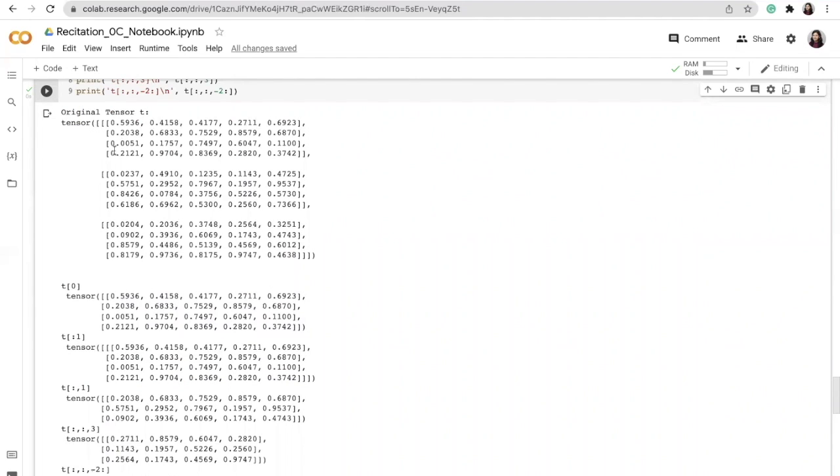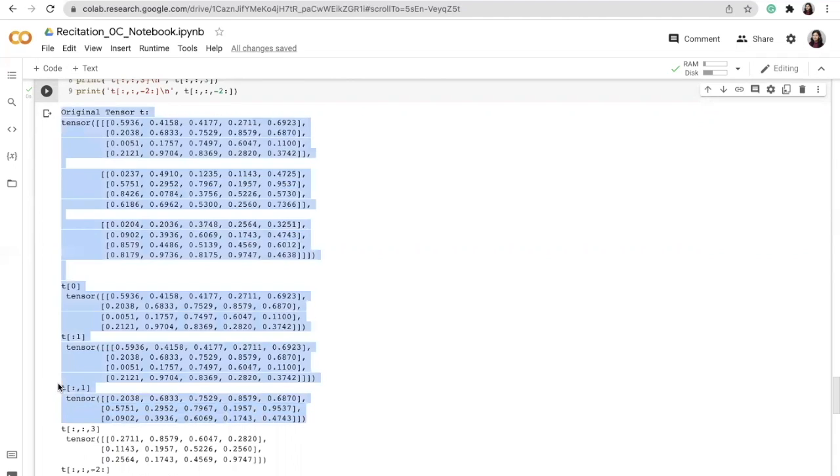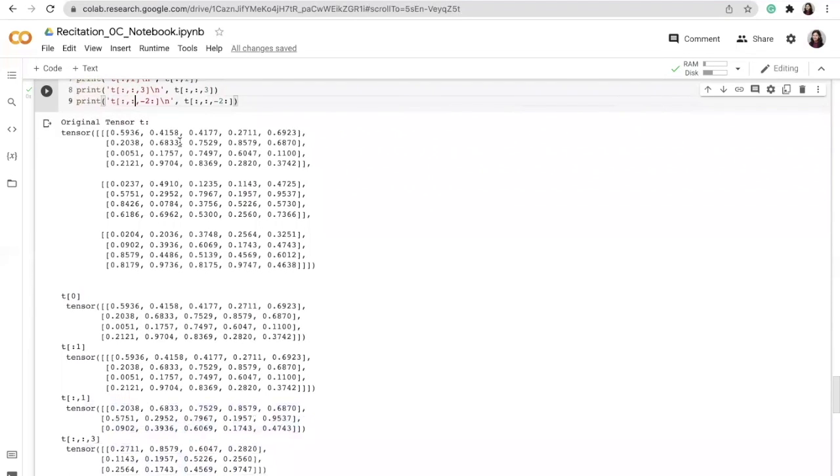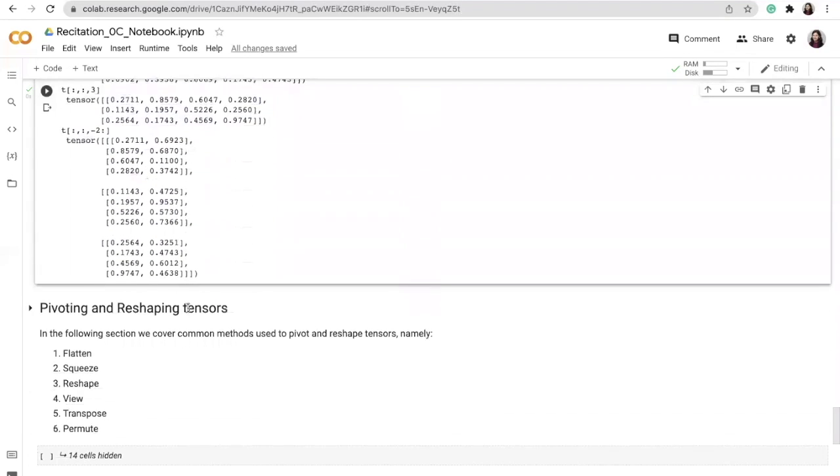So you can see that this is the 0th row and this is the first row. So we are getting the 1th row of all the elements. So we get this, then we get this, and then finally we get this, right? So this is your output here. Similarly, you can look into these other two functions and verify for yourself that this indexing works properly.